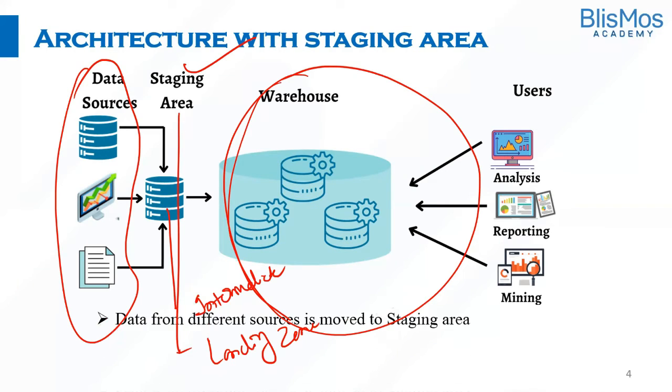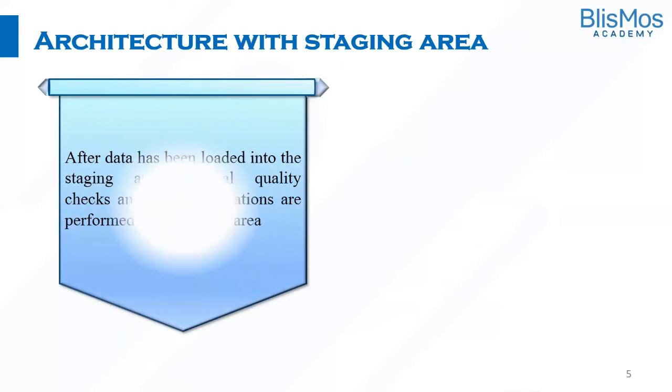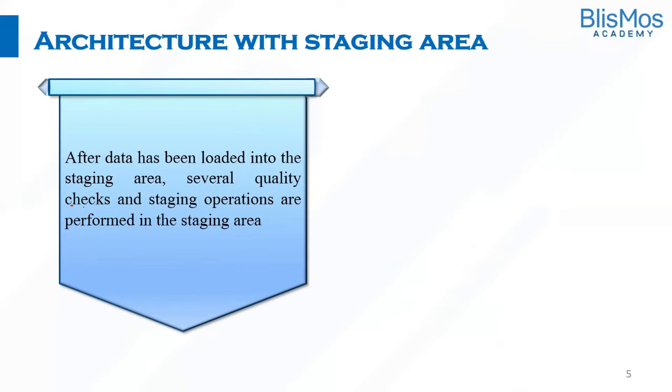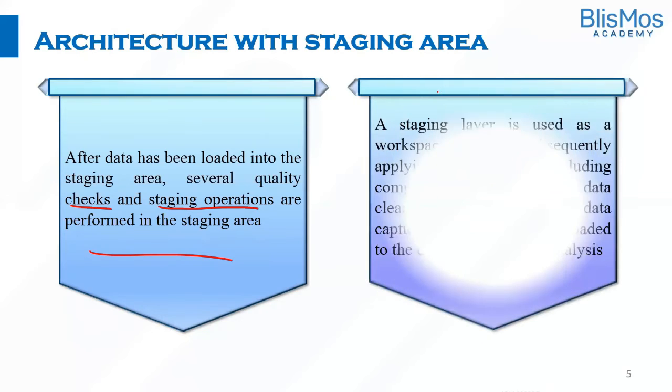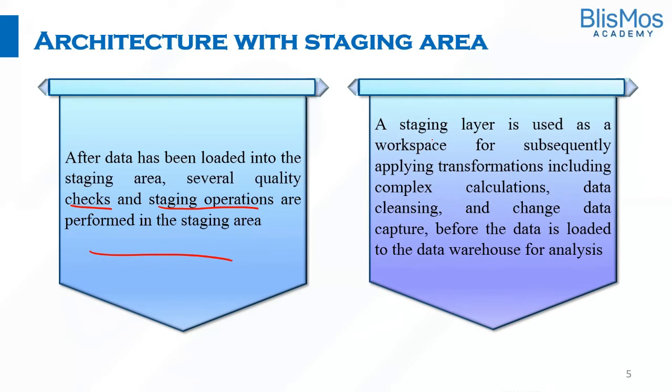From here, the data is subjected to the transformation and loaded into the data warehouse. In staging area, some quality checks are done and some staging operations are also performed. And once we have the data in staging area, the transformations are subsequently applied, then the data is loaded